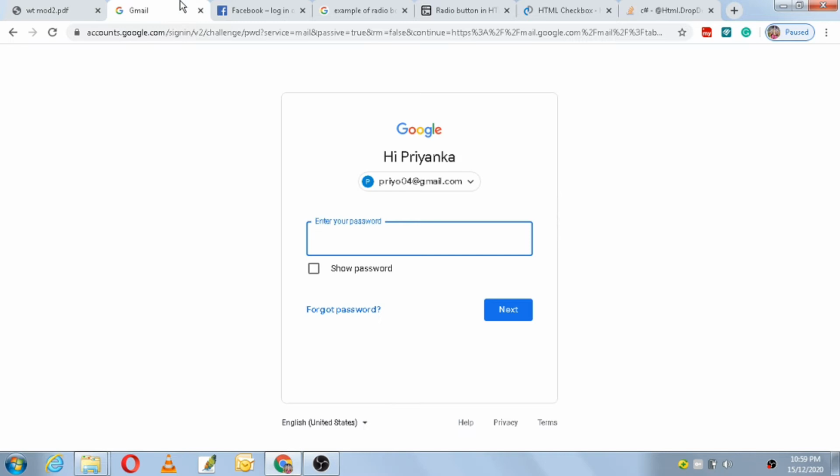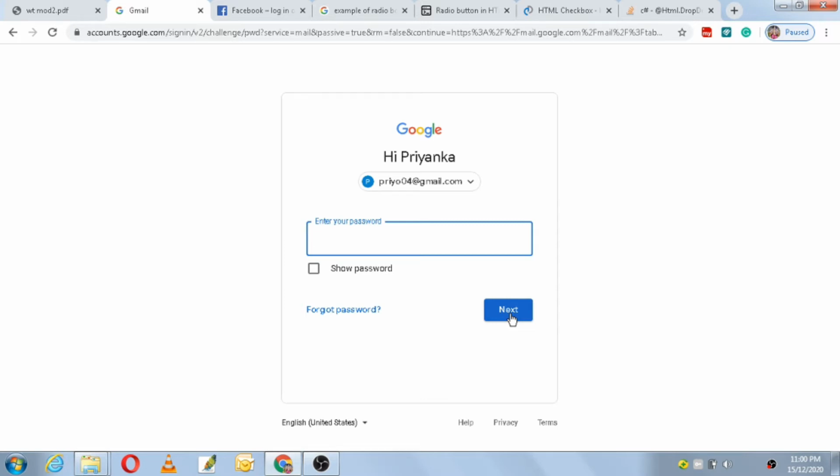So everybody has a Gmail account. Okay, so when you go through a Gmail account, it will ask for your password. So you enter your password here. Your Gmail username is already there. You have to enter the password here, and then here you can see there is a checkbox which tells show password or do not show password, something like that. So once you enter your password, when you press the submit button, that is the next, that next option will see to it that your Gmail account opens up.